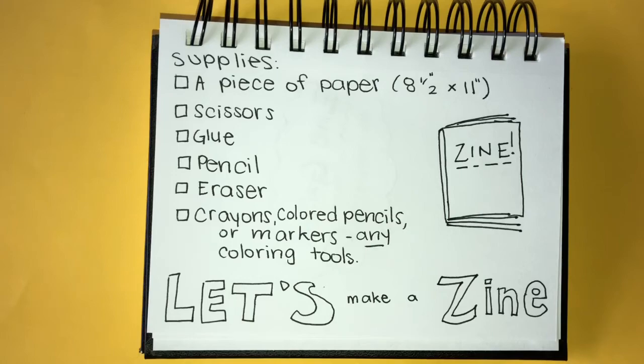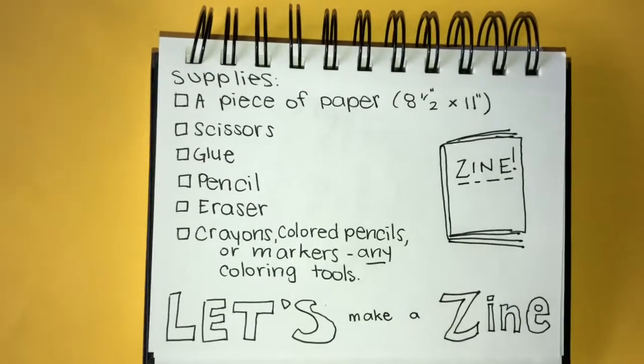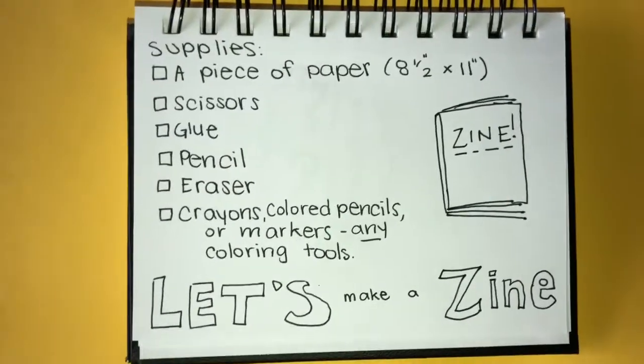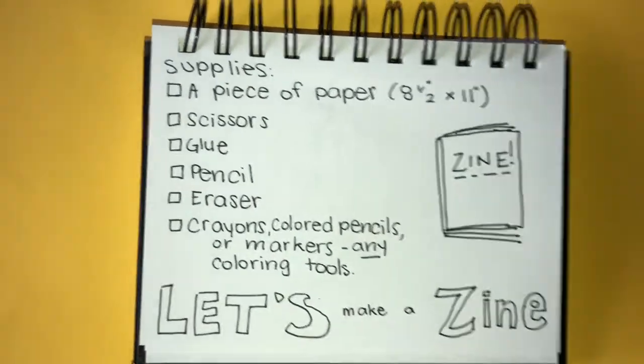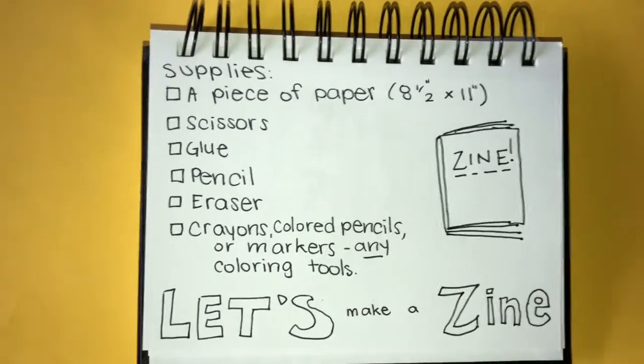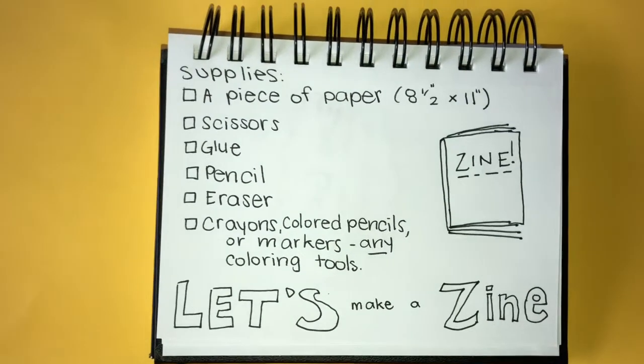Today, you'll be making a zine. A zine is an art book, a small booklet with a story inside. The story could have any genre you'd like. Any kind of story works very well in this format, but the best thing you want to think about is